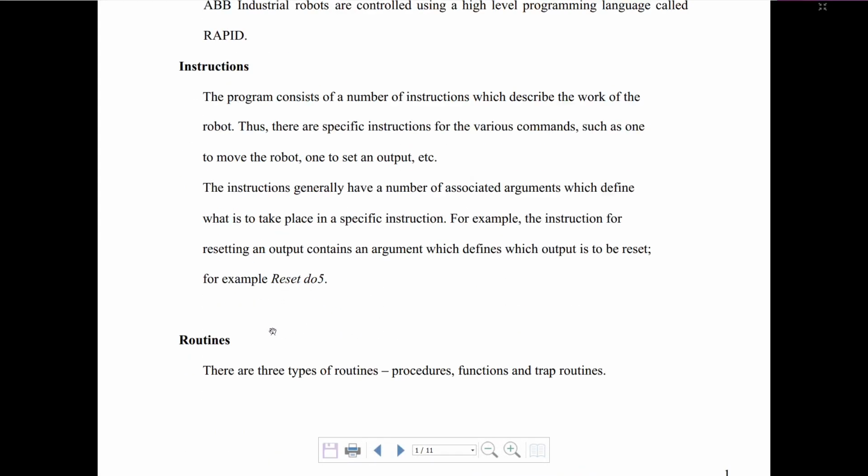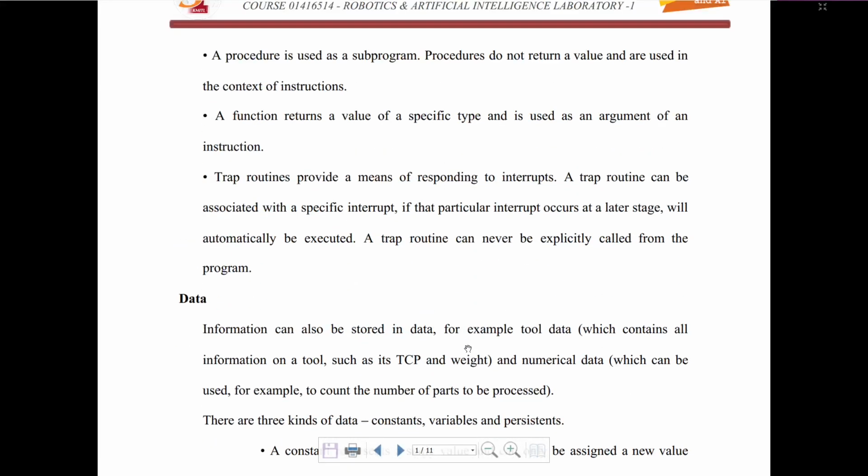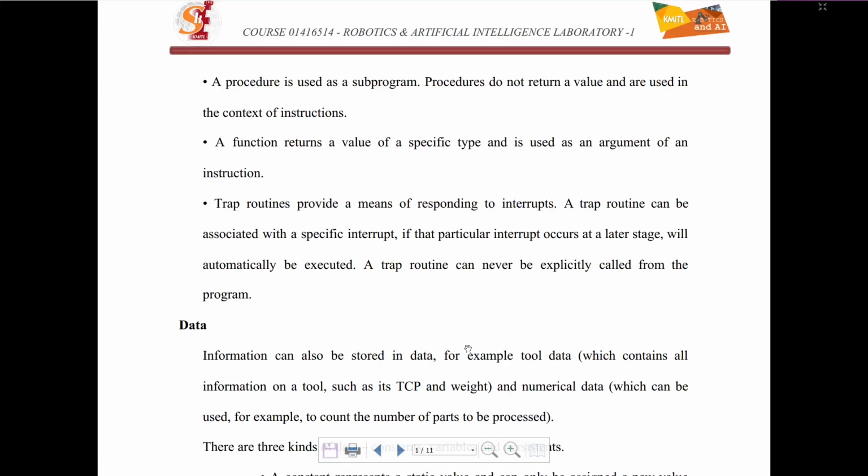Okay, and after the instructions there is the concept of routines. Routines, you can say are like functions, but quite bigger than functions. You can say this is a subprogram. In RAPID there are three types of routines. First are procedures, second are functions, and third are trap routines. So what is a procedure? A procedure is like a subprogram. If we need to do a certain task repeatedly, we will just create a procedure for that and then